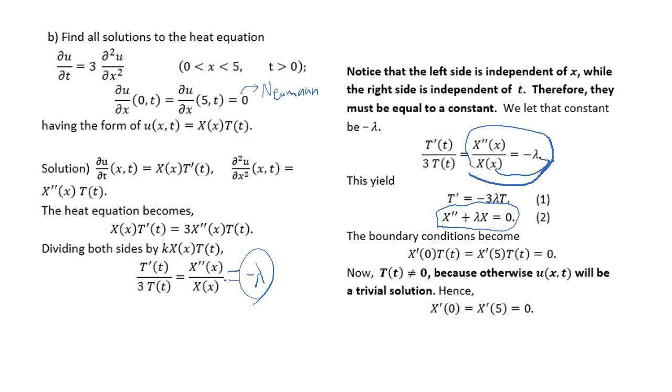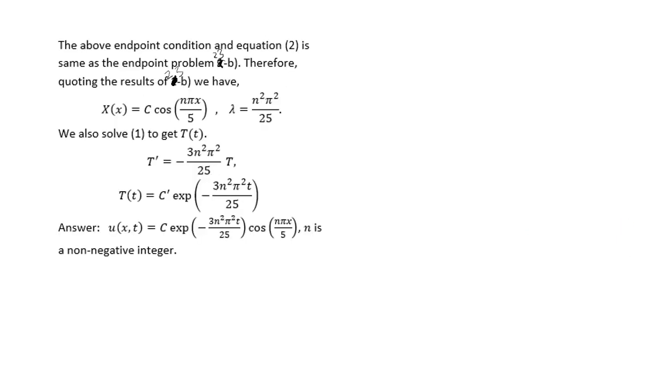And these bold-faced words are very important. You should always include them in your solution, okay? Because otherwise, if you have t of t equal to 0, then you end up with a trivial solution. So you can't have this equal to 0. That means the other ones have to be 0, so you're forced to have this. So, and then this is again something that you've solved before, so you can quote the result from before, and then